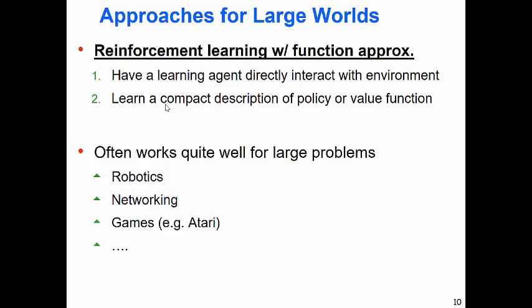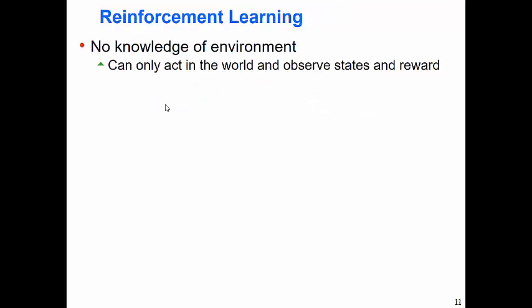And instead of updating tables, you update function approximators. And for deep reinforcement learning, it's a deep network, and that's why they call it deep reinforcement learning. So really, once you learn the basics of the table-based methods, you'll have learned most everything you need to know to move to the deep reinforcement learning setting, or just with function approximation. All right, so we'll now just get right into reinforcement learning.